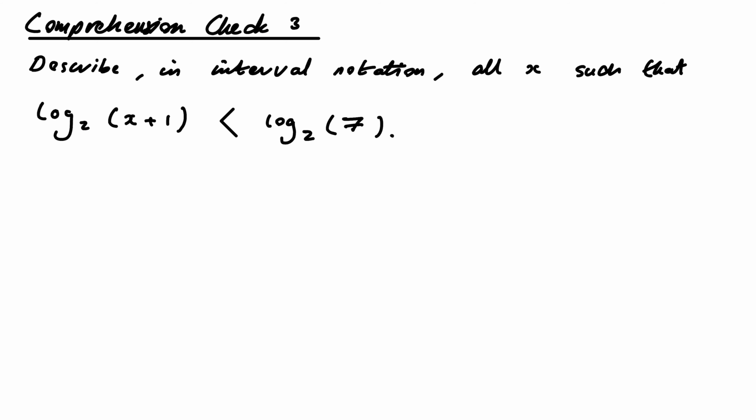All right, so let's describe in interval notation all points that satisfy this. Now, again, this has a little bit of a trap in it. You can't just blindly do algebra here, because you've got to be very careful of logarithms. We can't take logarithms of non-positive numbers, right? Log of 0 doesn't make sense because anything to any power is not going to be equal